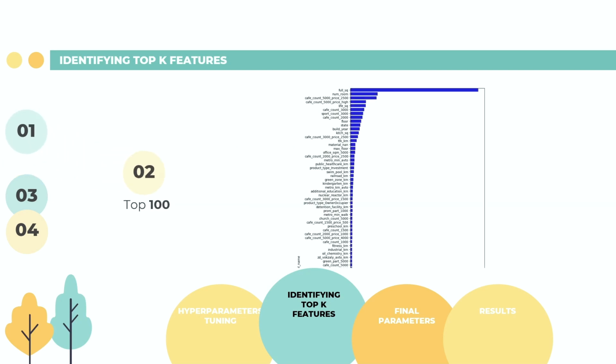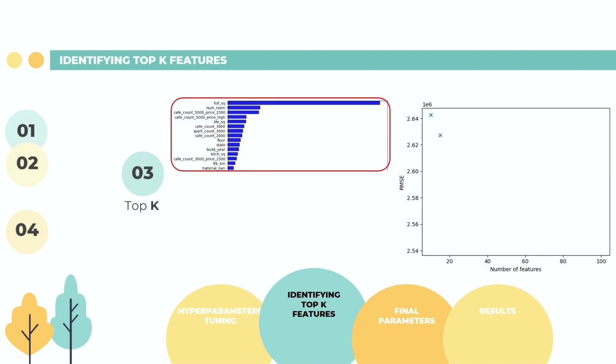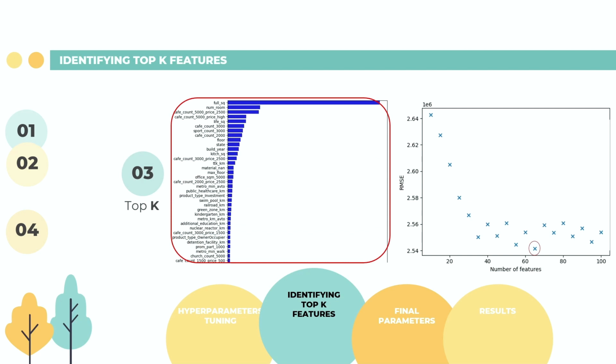The top 100 features were evaluated. The plot here shows the average SHAP values for each feature through the 5-fold cross-validation. To further improve the features selected, as we did not want any noisy features to hinder our model performance, we iterated through the list of top 100 features and recorded the average RMSE score. In the plot shown here, we selected the top 65 features.